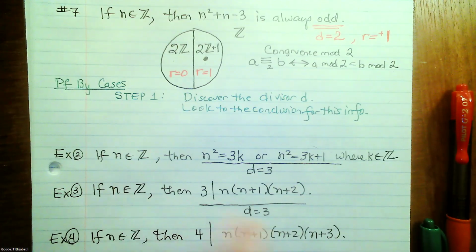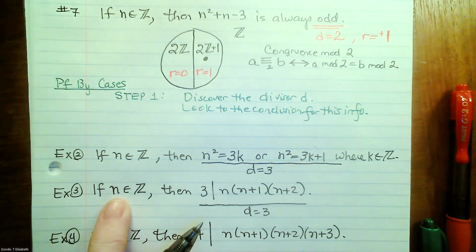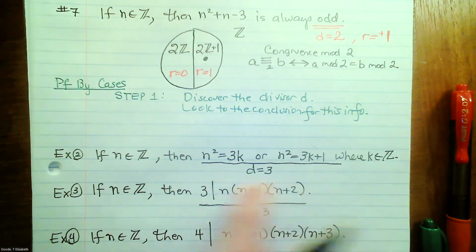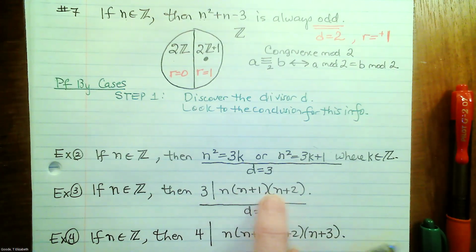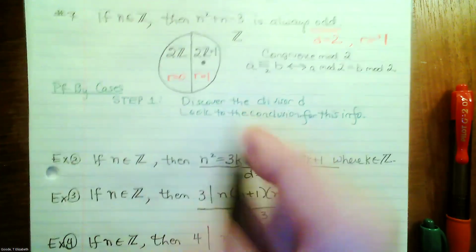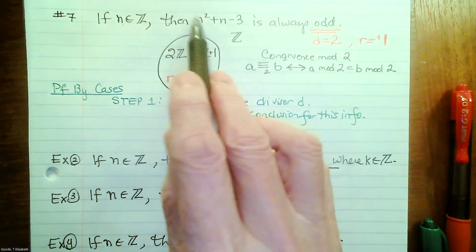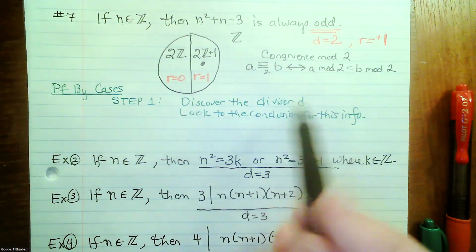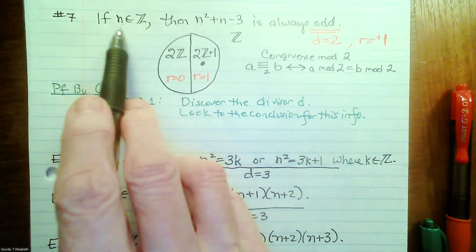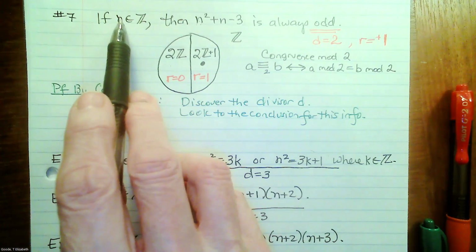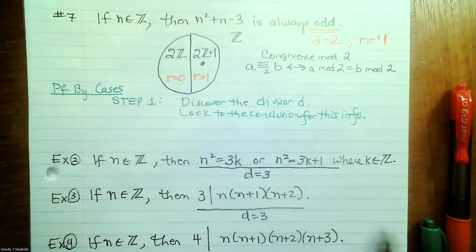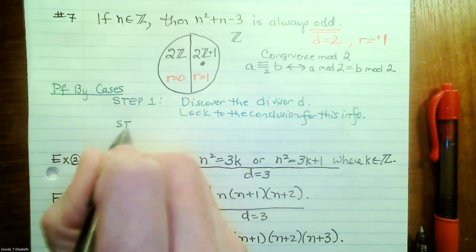If D is 3, n could look like 3q or 3q plus 1 or 3q plus 2. There are 3 different possible remainders that n could yield. But in each of those 3 cases, this expression n times n plus 1 times n plus 2 should give us a remainder of 0 when it's divided by 3. Same here. There are going to be 2 cases. We're going to apply the divisor D to the integer n, and that means when we apply the divisor 2 to n in step 2 of our algorithm,